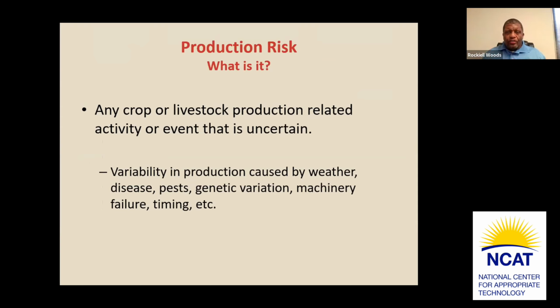And production risks are some of the things that you have to look out for. Like in an event, you never know when we're going to have a drought, or flooding or excessive rain, or when there's going to be a storm. So that all encompasses production risk. One of the ways we avoid diseases is doing a crop rotation, and we also have to avoid pests, genetic variations, or machinery failure.